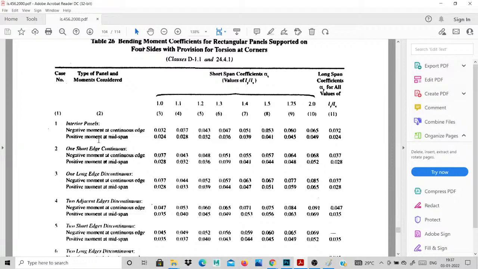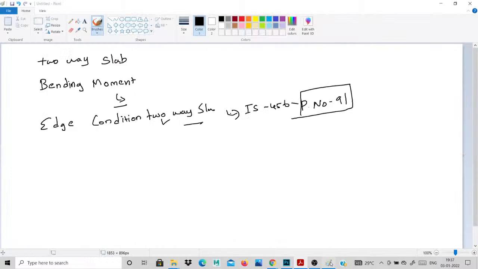Okay, first of all I will tell about the edge conditions. Take one of the slabs. This slab is 4 meters by 3 meters. This symbol is discontinuous. This arrow mark is continuous. Identify this slab. This slab is a